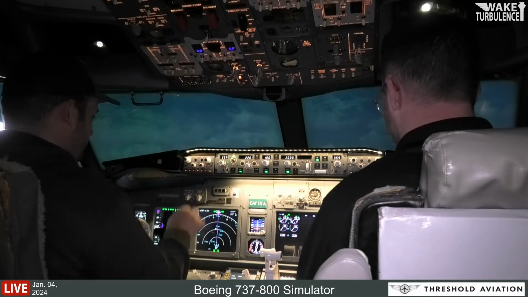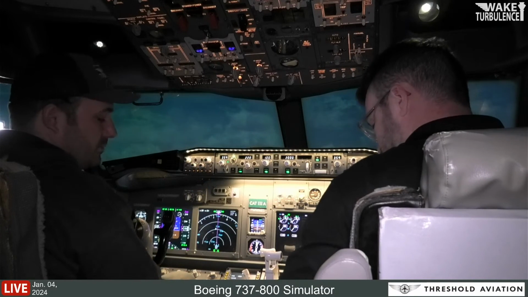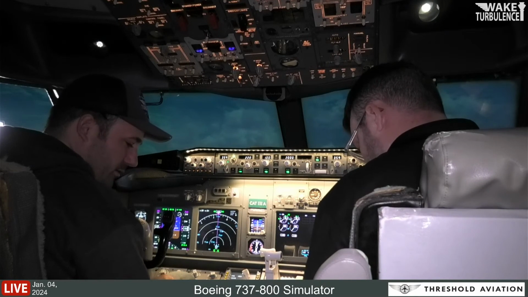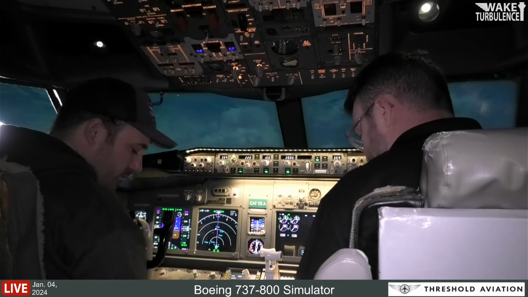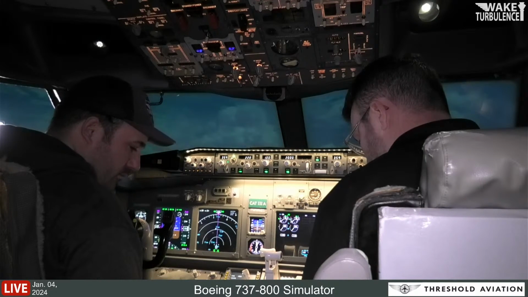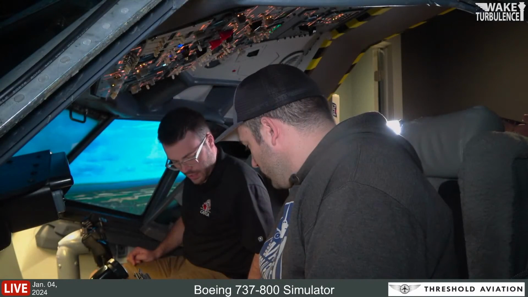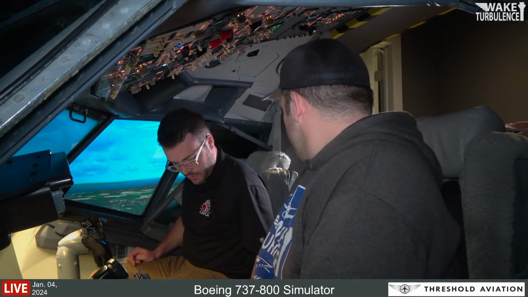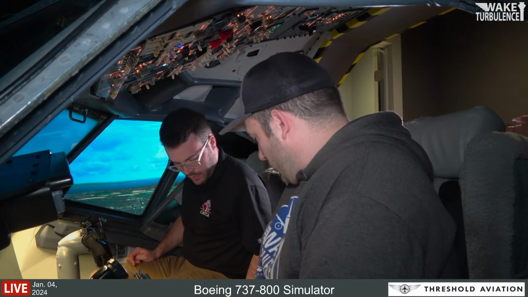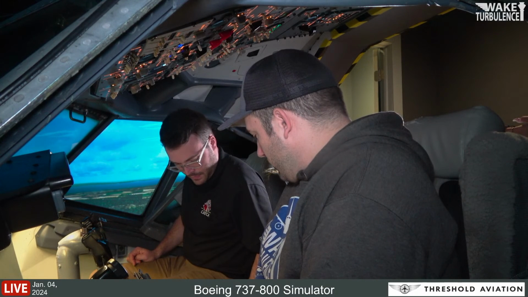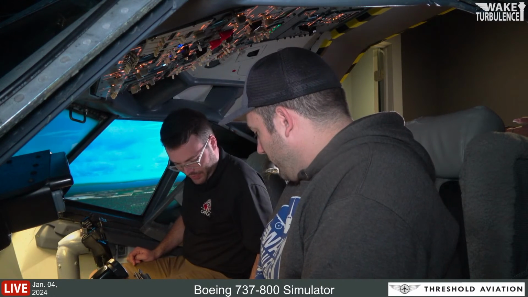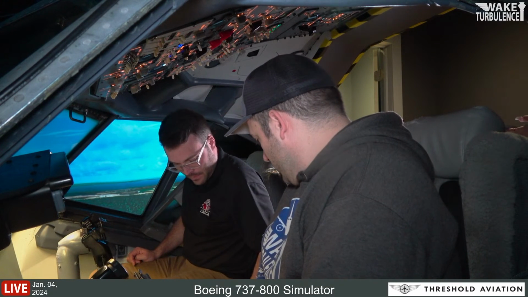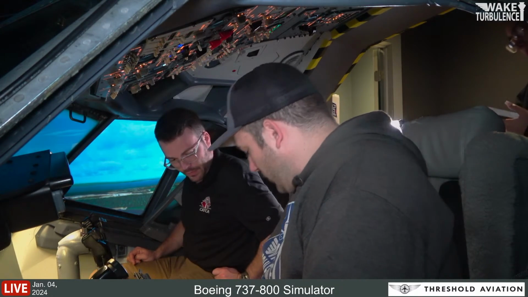For the ILS frequency, it's 110.10, so that 110 would be added here. These are separate boxes. 110.1. Alright. How do these guys do this properly? Oh, there we go. We're getting there. Oh, too far. Then you want to activate it, so you press the middle and transfer it to the active. Same thing for your side, captain.